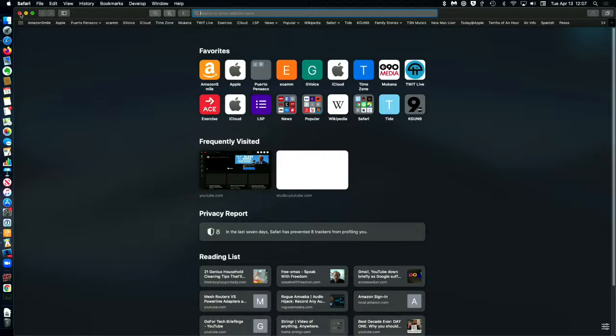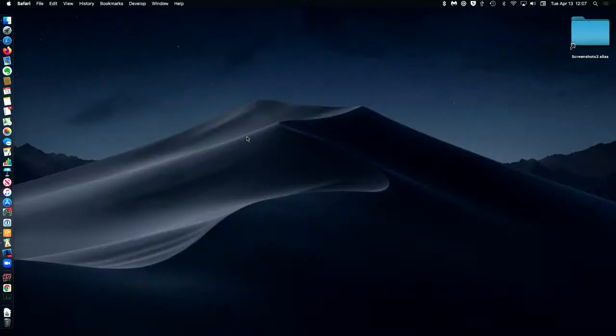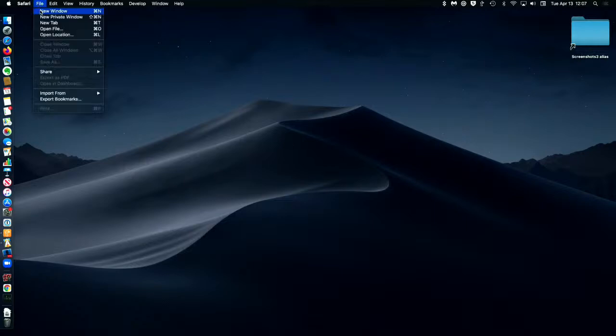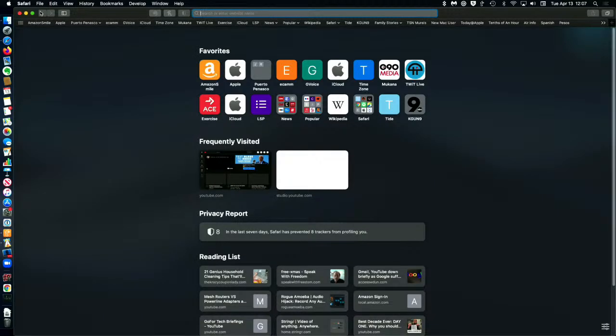So if you do come into any application, be it Mail or Safari, and you get a blank screen and the window that you're expecting to be there is not, then all you have to do is go up to File and New Window. Now you'll notice the keyboard shortcut, cleverly hidden right here on the right of New Window, is Command N. N for New. So we could hit Command N, or we could go to File, drop down here,